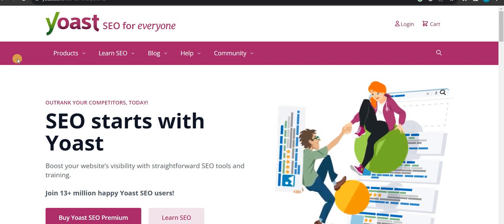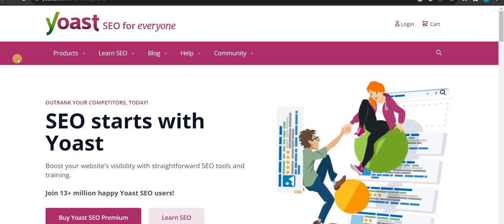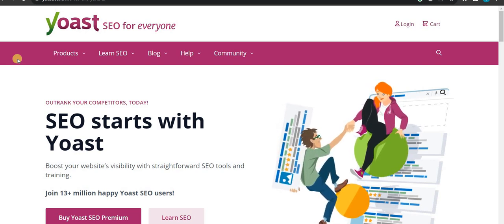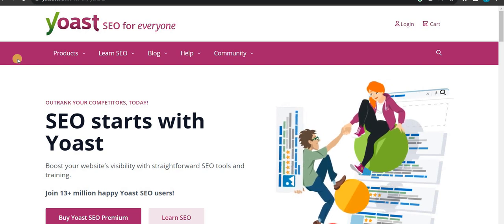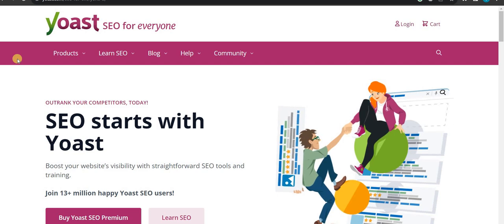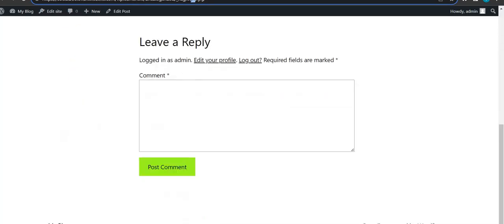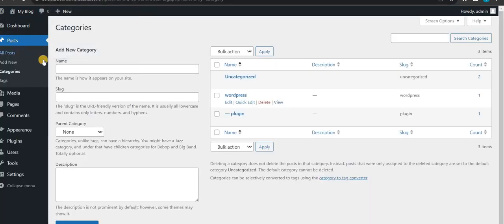This is known as the URL hierarchy. This term stands for the URL hierarchy: the parent, the domain name, the parent category, and after that the keywords we can post. So this is only for category SEO. Suppose we are doing SEO for a specific category, then we will arrange that particular thing in this way. Okay. And after that, on the post,